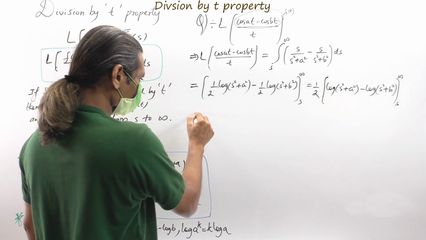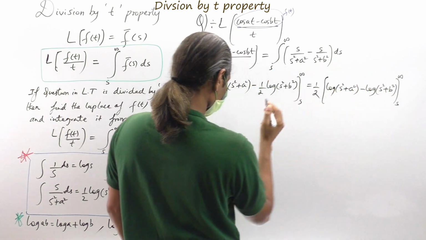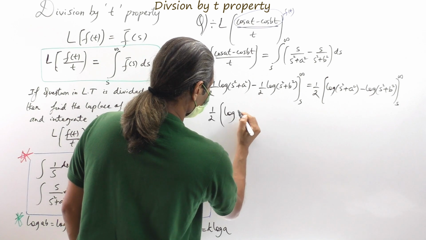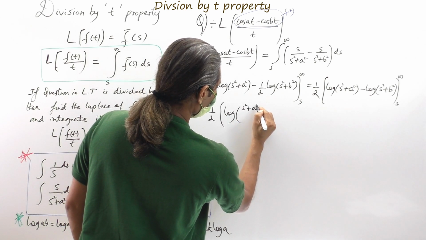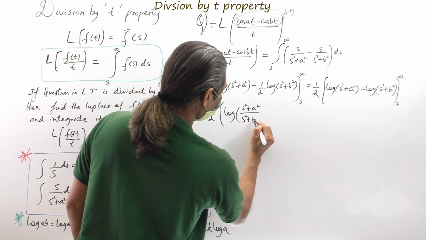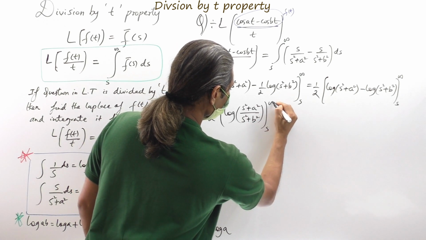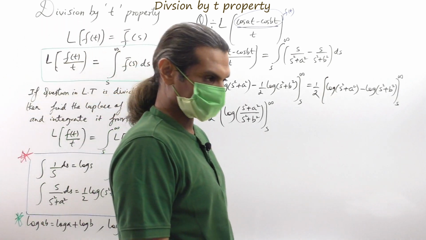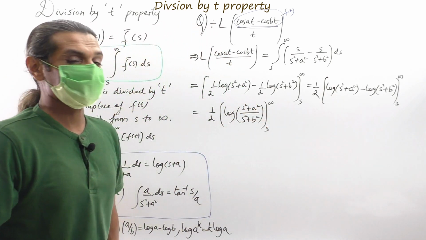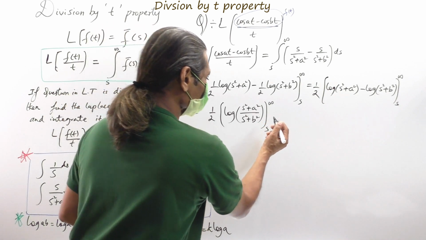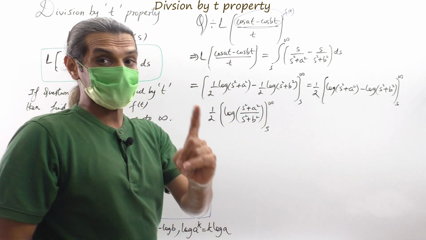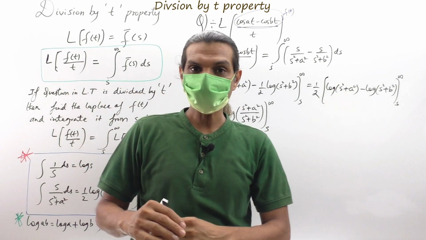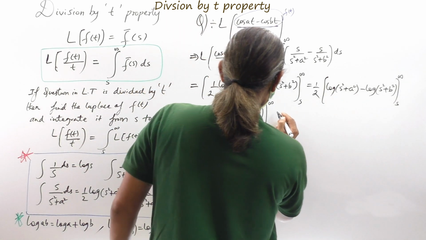Now, the next step is log a minus log b, 1 by 2 outside, log a minus log b is log of a whole divided by b. What is b? S square plus b square, and the limit from s to infinity. Now, you have to apply the limits. First, in place of s put infinity, minus in place of s put s. So, in the put s here, it will be as it is, but infinity, I told you, whenever there is infinity, any value by infinity is 0. So, I have to apply the limit over that. So, I write this as